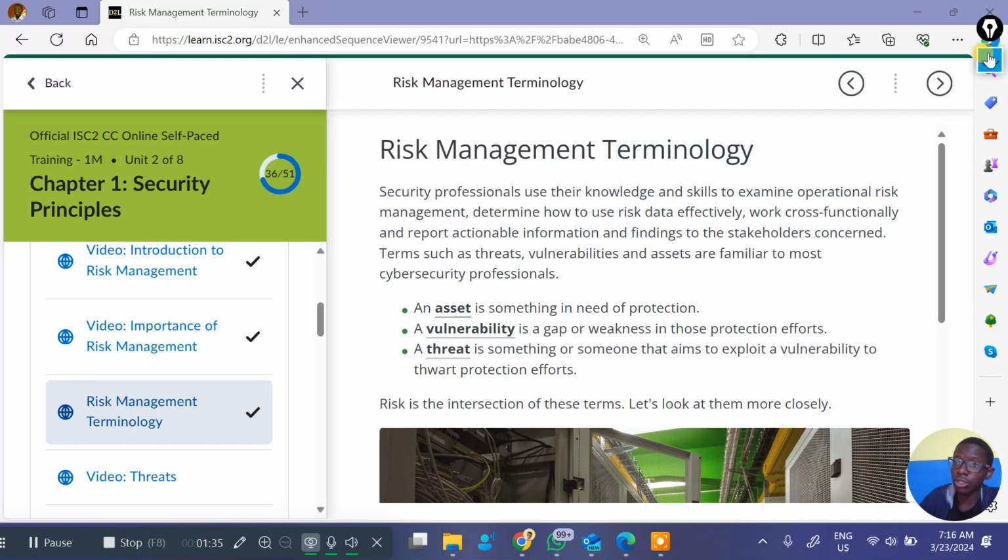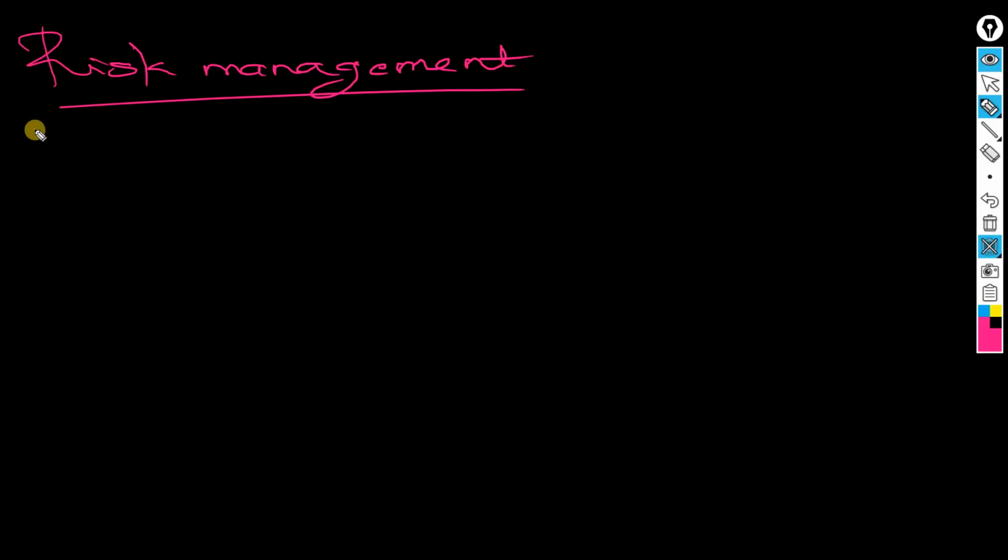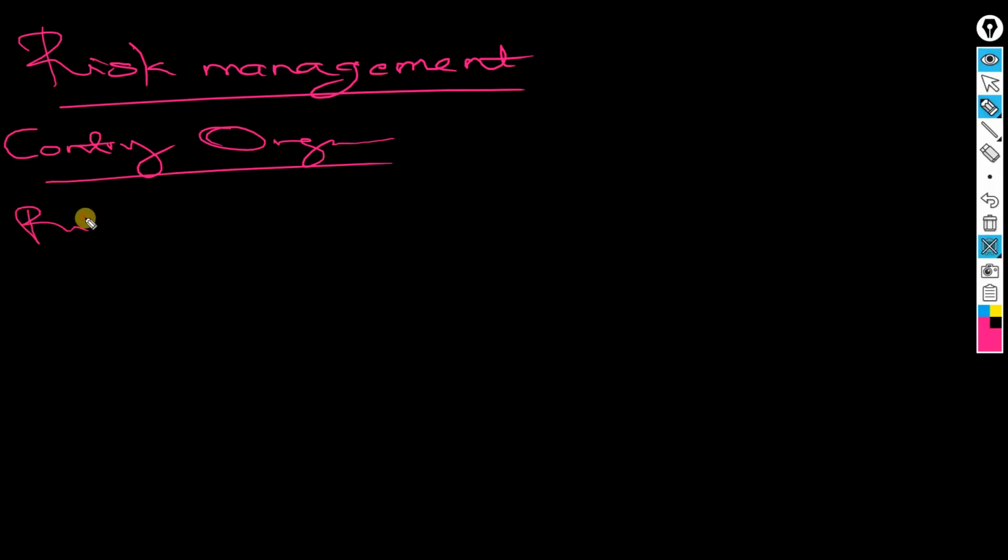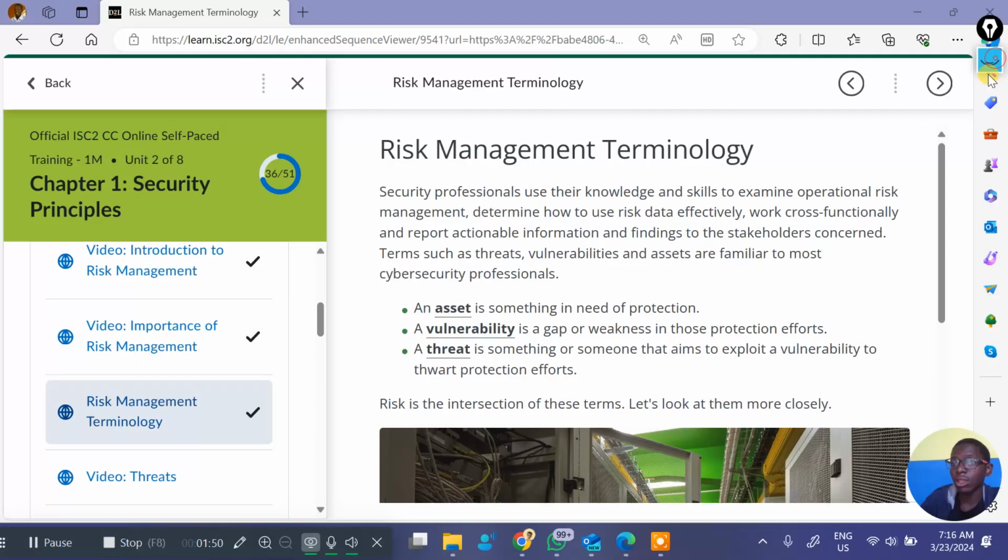The first thing you need to know about risk management is that in whatever country or corporation or organization you are, there is always risk. In short, I saw a video. It's all risky, basically. Everything is risky. Coming out is risky. Watching this video is risky. Going out there is risky. Sitting inside is risky. So there's always a risk everywhere. It just depends on how high or how low that risk is and how much you manage that risk.